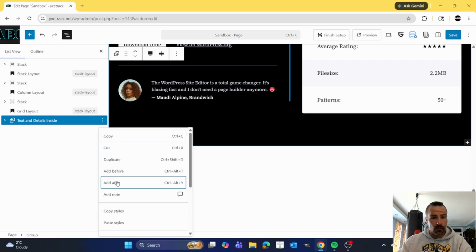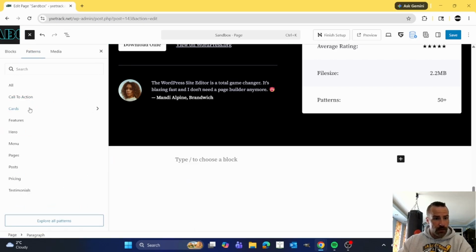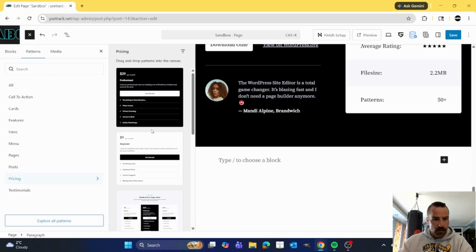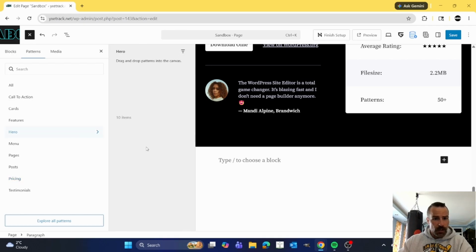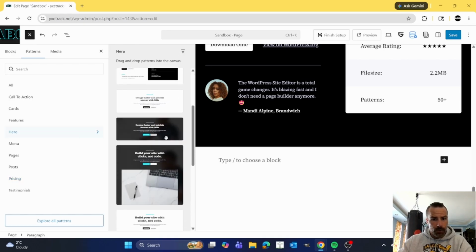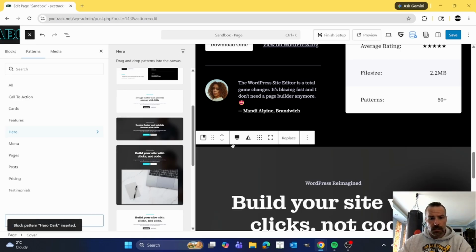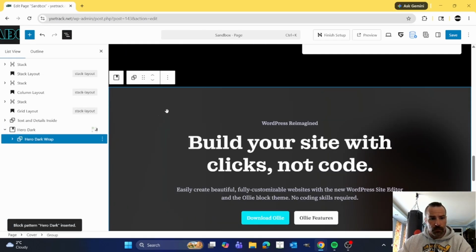So let me show you another one that I like to use a lot. Let's go to the hero section. You can see how many there are, you guys. Pricing, so you get nice little pricing blocks that already build all these in, the columns and the CTAs, and then you can just delete out blocks really easily. But the one I really like is just these simple hero blocks. Like something like this is really easy to modify on your own. You'll notice this one's a little bit different because it's got